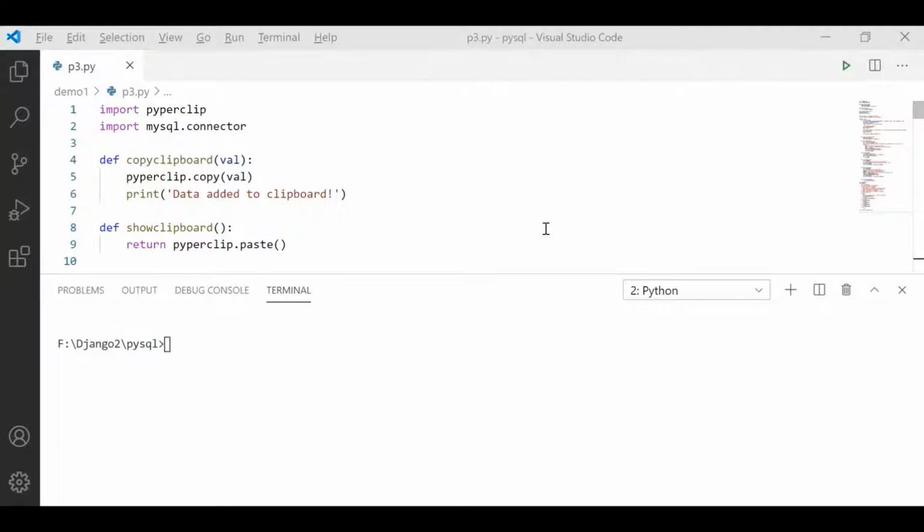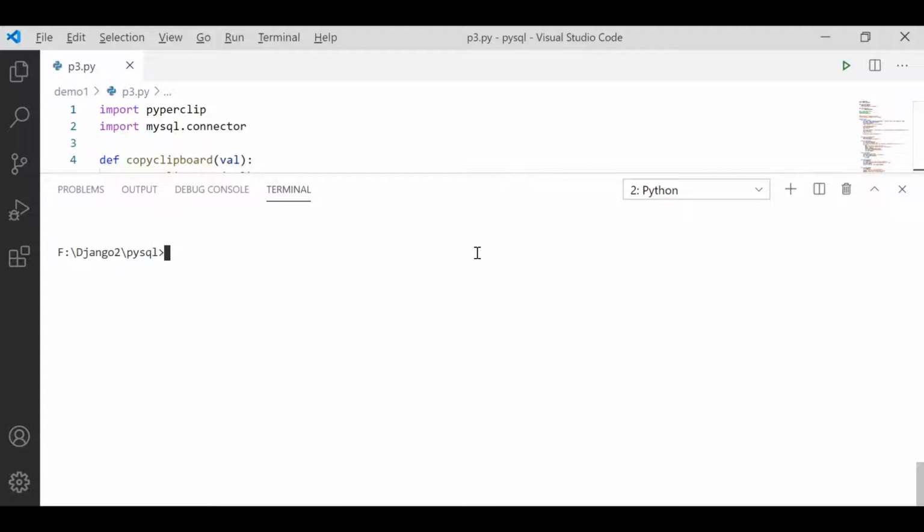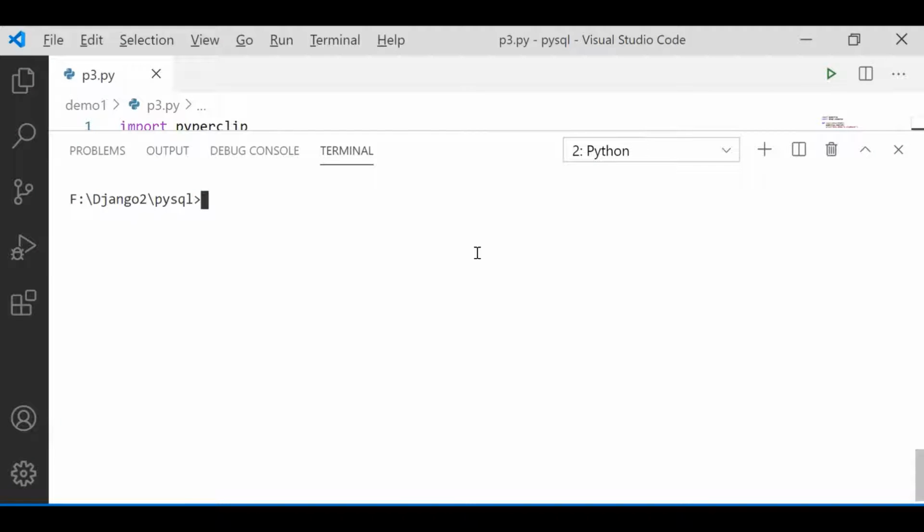So this series will be purely dedicated to my automation that I actually made using Python. This will be the first video of this series, in which I will be talking about an SQL powered clipboard, which helps me store data to my database in case I am surfing and I copy any data. If I want to save that to the database, then I have to move to my database and do stuff like that.